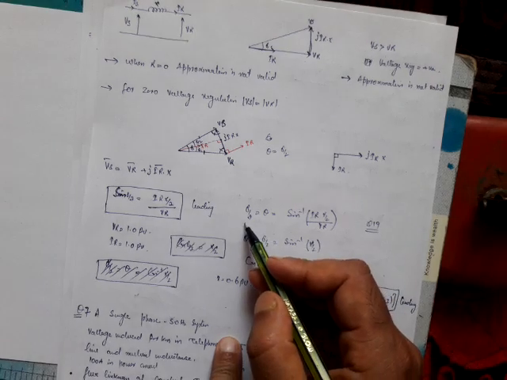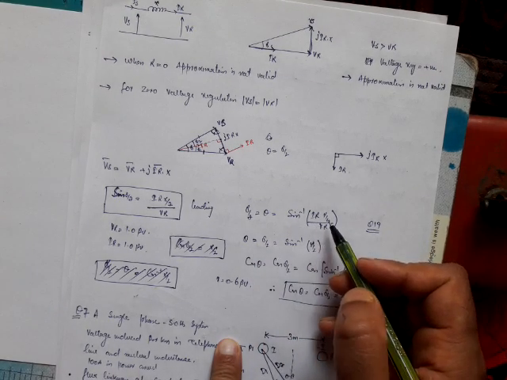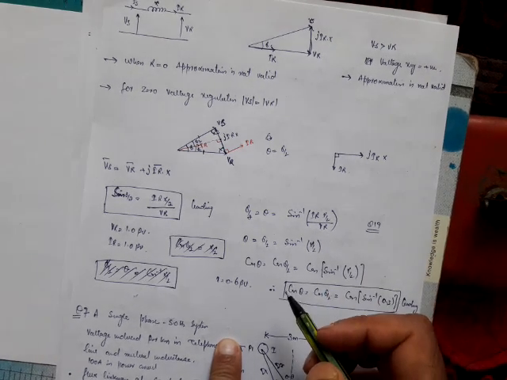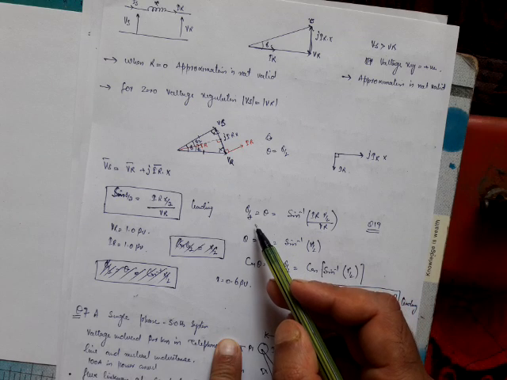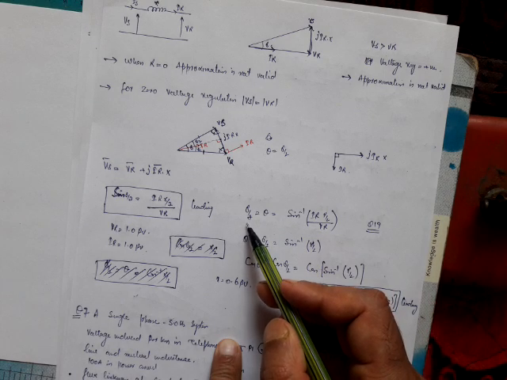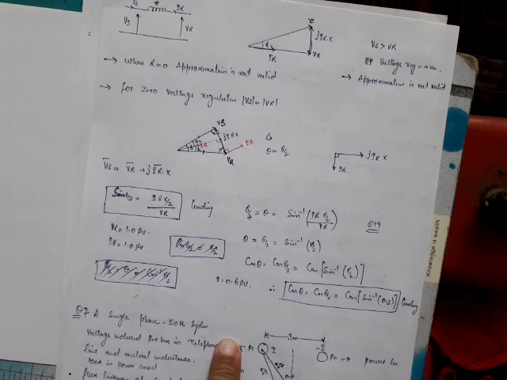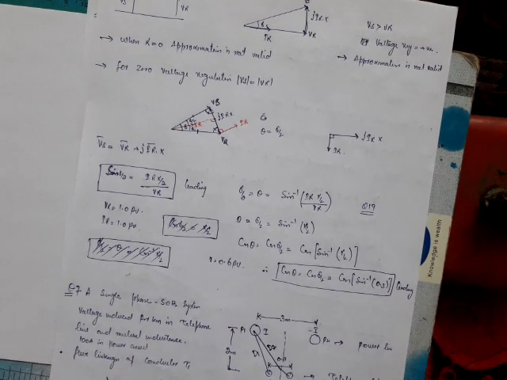So here delta by 2, which is equal to theta, can be calculated as sine inverse of IR x by 2 divided by VR. So cos theta, that is the power factor angle, will be equal to cos of sine inverse of IR x by 2, which I have not written over here. Actually this was the explanation for question number 19 in the objective, which I have given you for